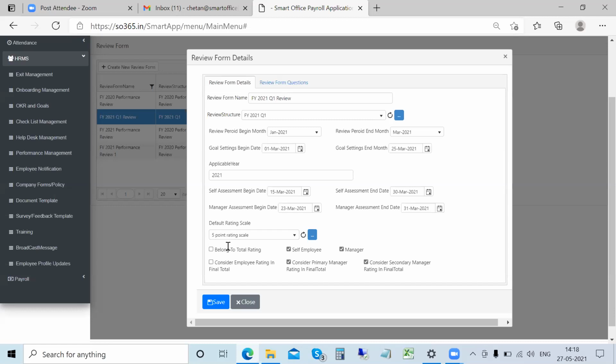So if you say consider employee rating in final total, if you check that, his review will get counted in the average calculation. If not, then his review will not get counted. Similarly, the same options are given for primary manager and the secondary manager. The whole intention is to have some flexibility, as in who really gives the inputs when the review is being